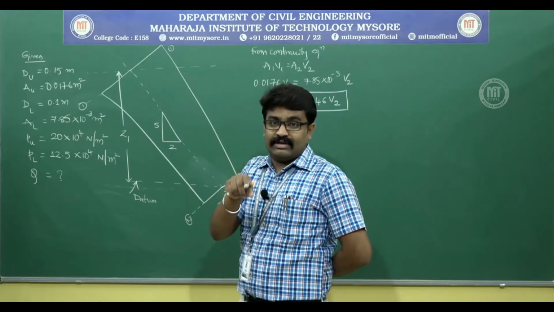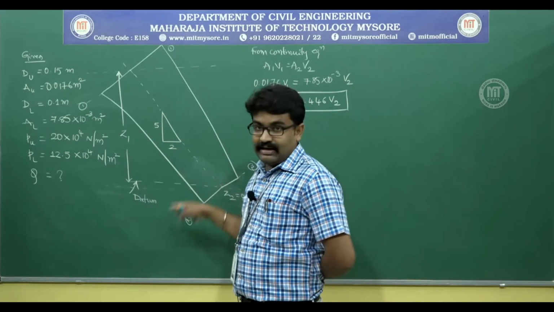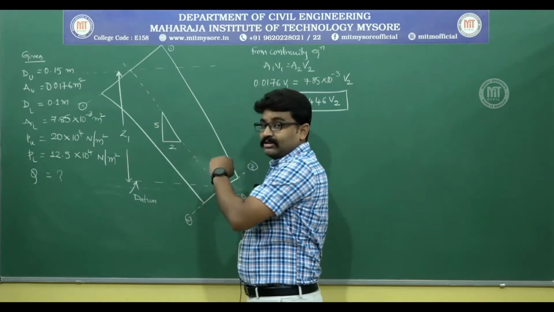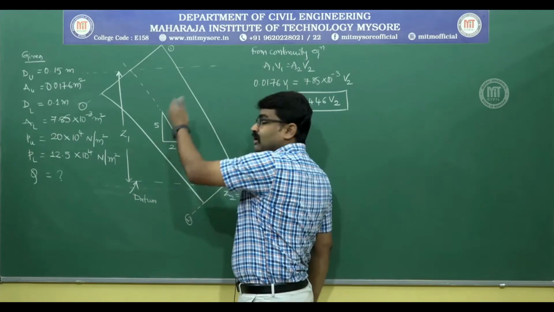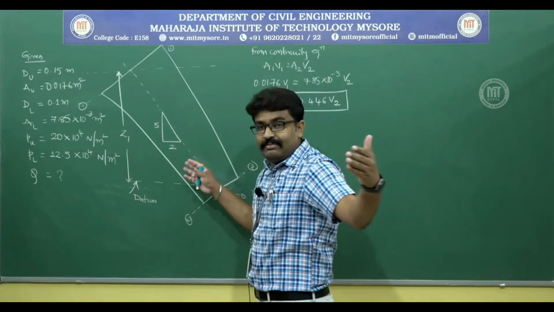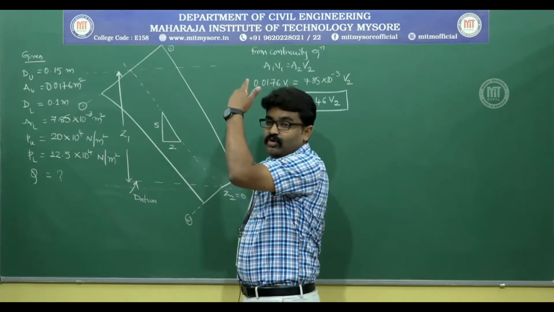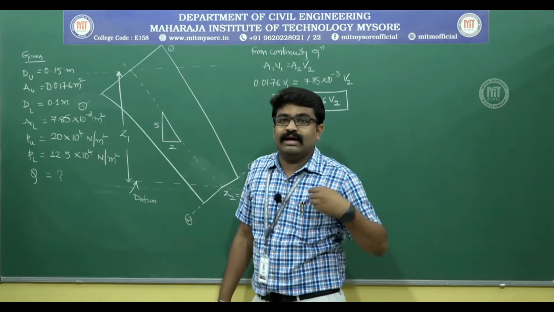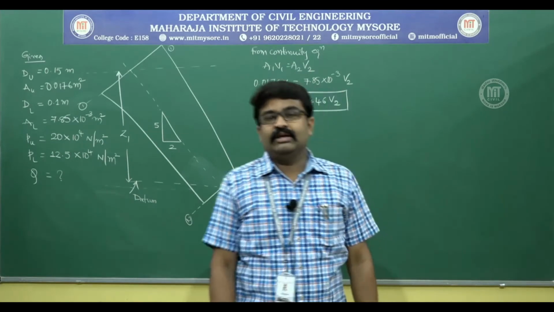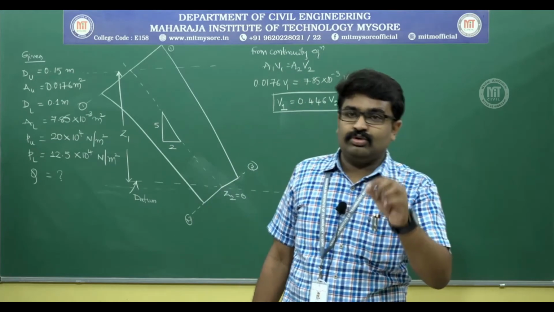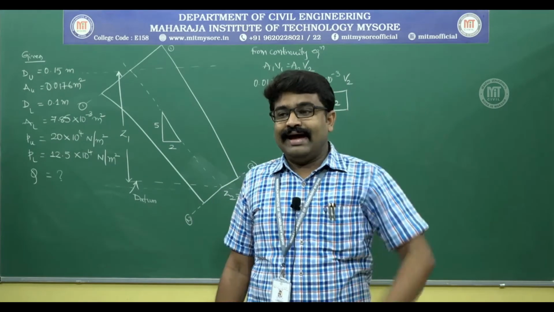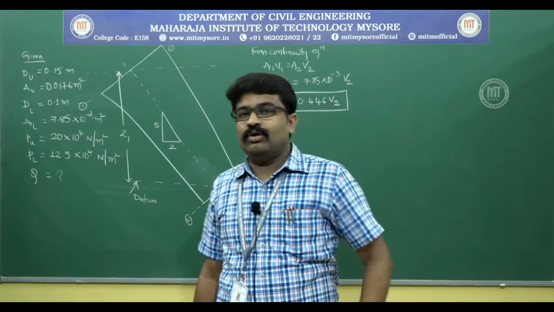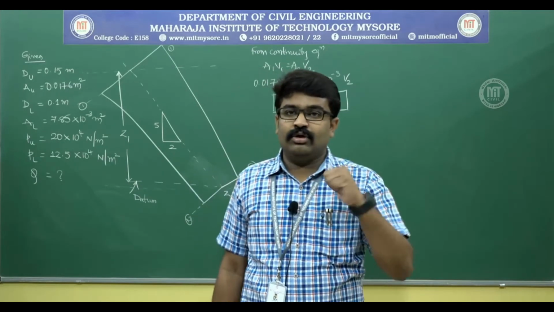If at all the length was given in the problem, say 8 meter length was given, how would you calculate it? For every 2 meters, vertical is 5 meters. So for 8 meter length, it would have been 5 into 4, that is 20 meter vertical. Now, since nothing is given, we are assuming that the length of the pipe is 2 meters. Assuming that, the vertical height is equal to 5 meters, that is Z1 is equal to 5 meters.